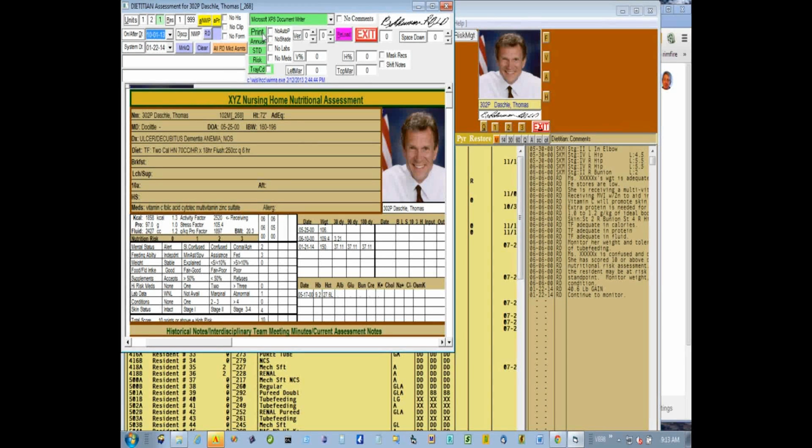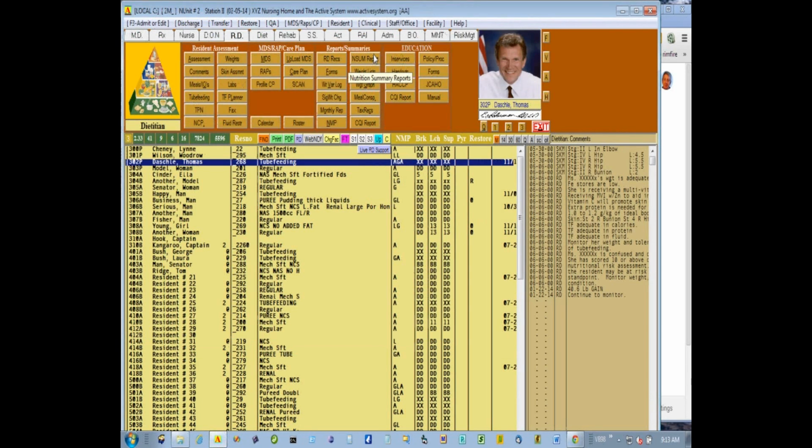10/1/2013. And then you click print, and it will print a one-page summary for every resident that has an NMP comment on 10/1/13 or after. And then you take those nutritional assessment files and you put them in individual charts to make sure that all of the nutrition comment files or nutrition management meeting notes are in the charts for each individual